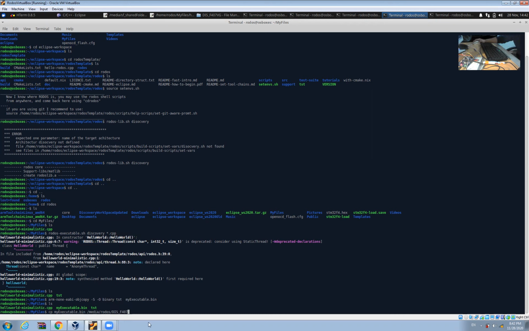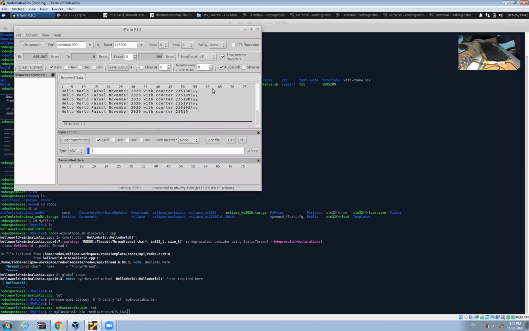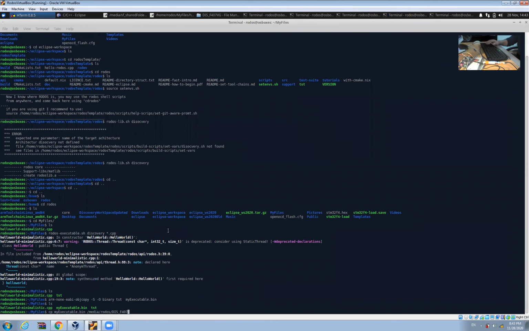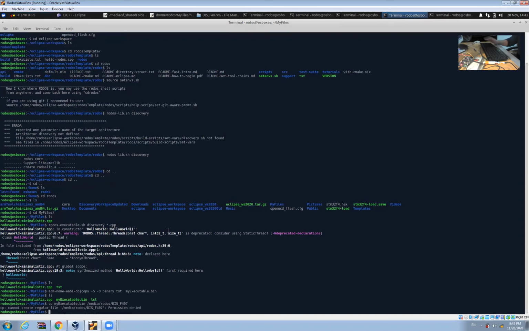As soon as I copy over there, when executed, you will see that this flashing light will be there, which will show that our program is running. Right now this is an old program. So first let's see. As soon as I hit it, you see what it says, cannot create regular file, permission denied. Wait a second.